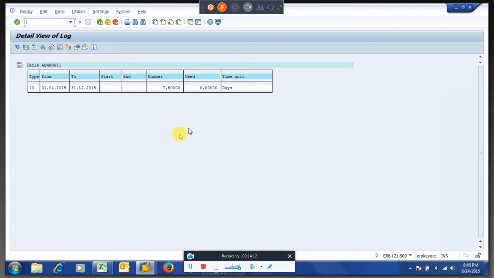Whenever you maintain info type 16, it will go to info type 19, and then it should come to info type 41. It's a simple one, even a dynamic action. So whenever they have taken the action, it will update our info type 41.